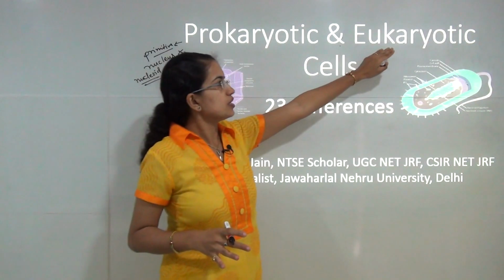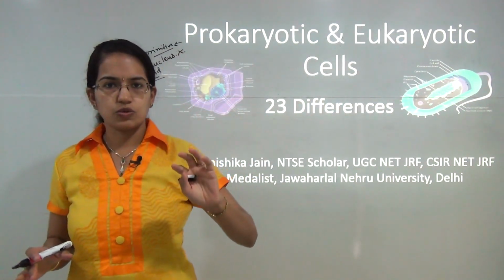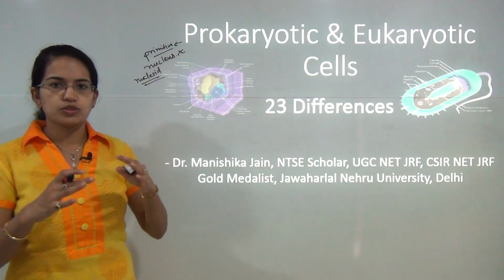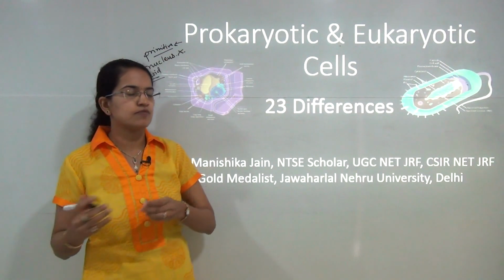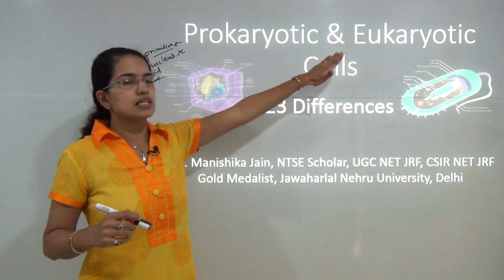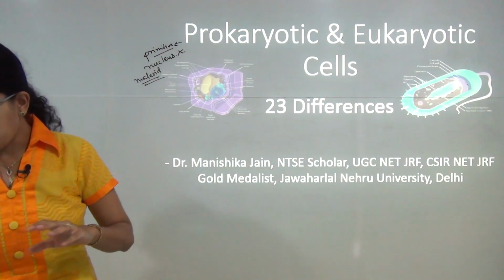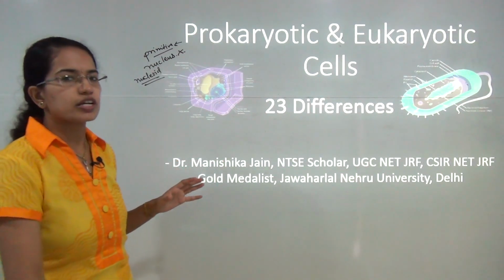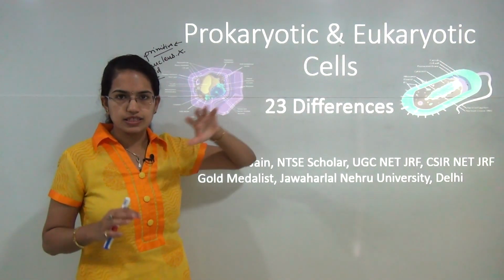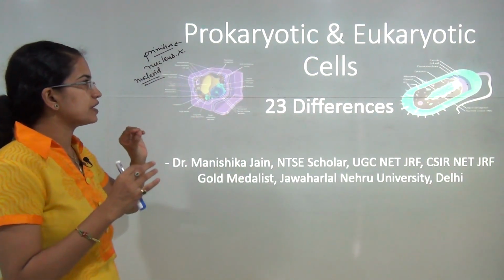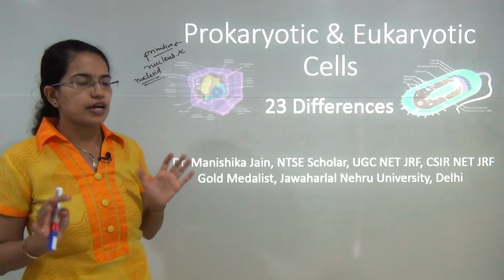Now moving on to the eukaryotic cells. Under eukaryotic cells, what is present is the nucleus. So you have the chromosomes that are present, and then you have DNA which carries the hereditary information, which is present in the nucleus of the eukaryotic cells. Again, you have a better structural organization and functional efficiency for the eukaryotic cells. Now this was the very introductory information on eukaryotic and prokaryotic cells.